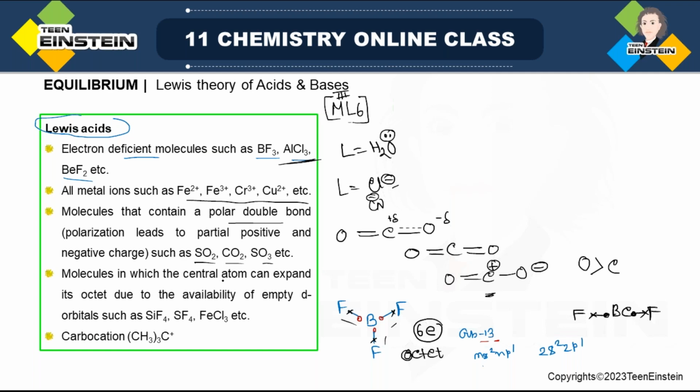Next example, molecules in which the central atom can expand its octet due to the availability of empty d orbitals. Fine. Here, if you look at this molecule SiF4, carbon is from group 14, and the next element is silicon. In carbon there is no d orbital present, and it is from the second period. Silicon is from the third period, and in the third period silicon will have vacant 3d orbitals. Now because of this vacant 3d orbital in the SiF4 molecule,